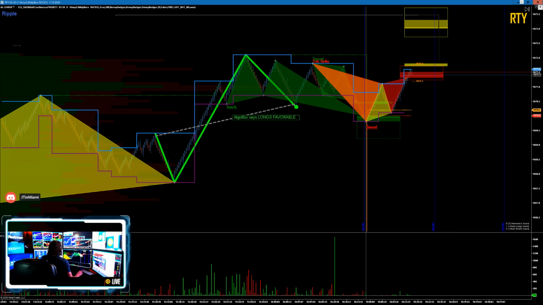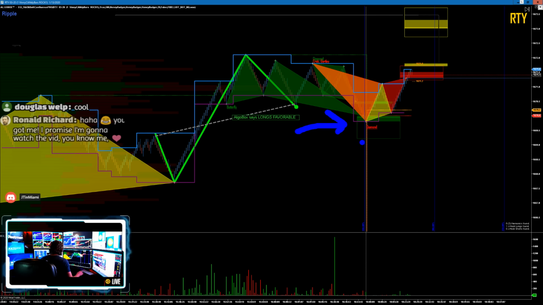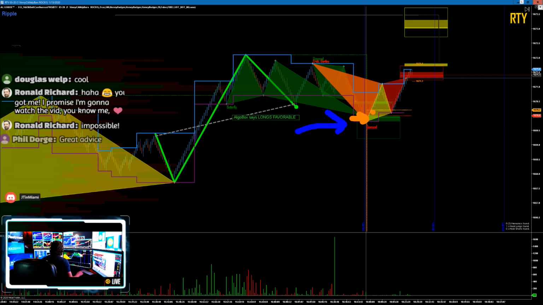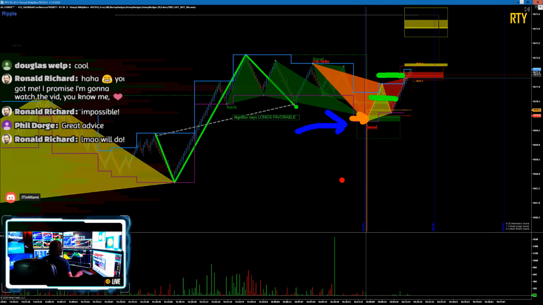Okay, so green. If we were to enter on this position, where's my stop? This is called a PRZ. The stop on a PRZ, yes, still same thing though. If I were to press the button here, orange for my entry, pow, I'm in long. Okay, green, target 1, target 2. Where's my stop? My stop starts out back here at 25 ticks, same thing.